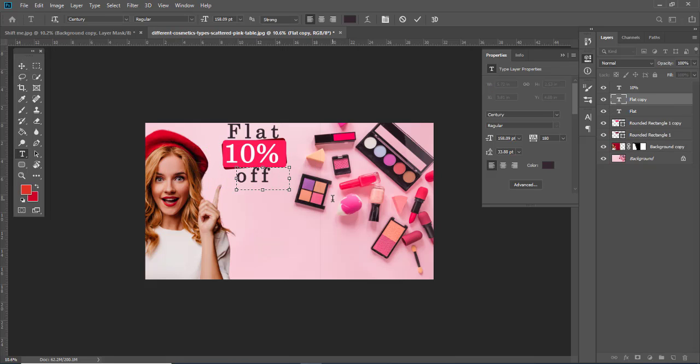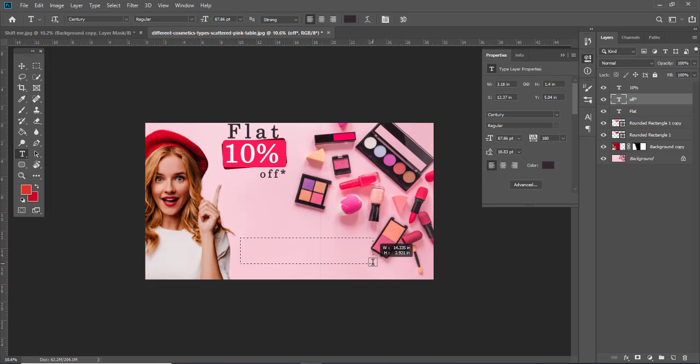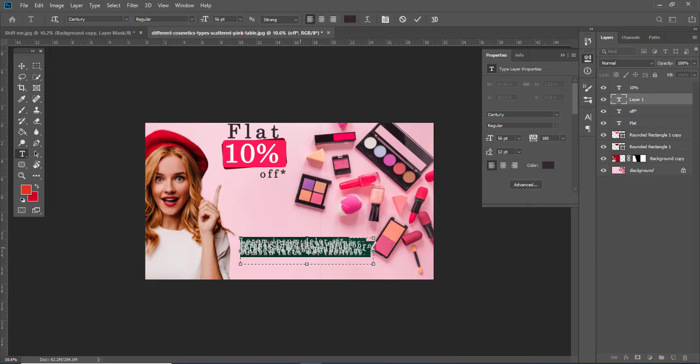Don't forget the star marks, those are really helpful for the companies. Okay, so you can just keep it somewhere here, and one more text. Order now or never. So this is the tagline.